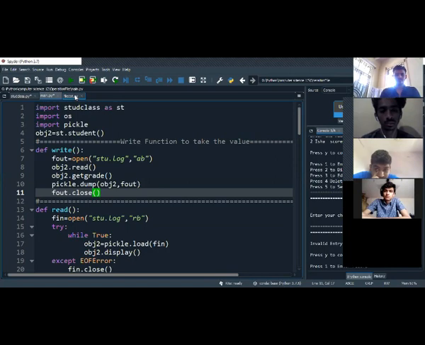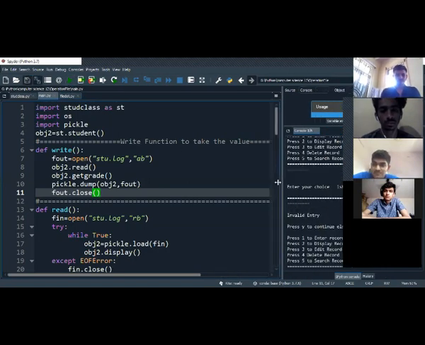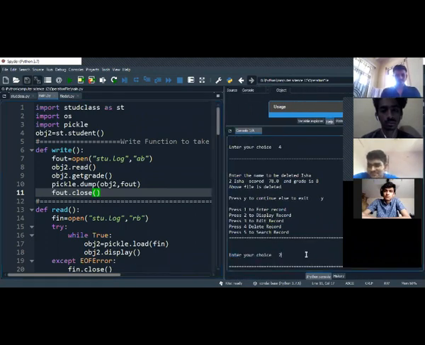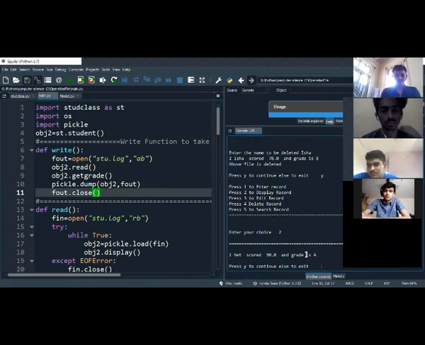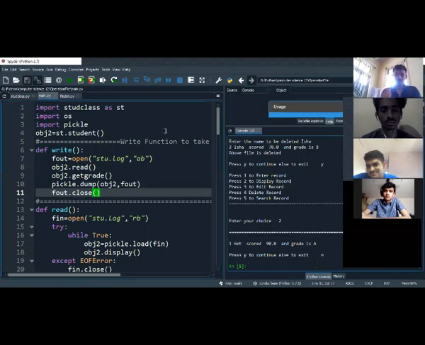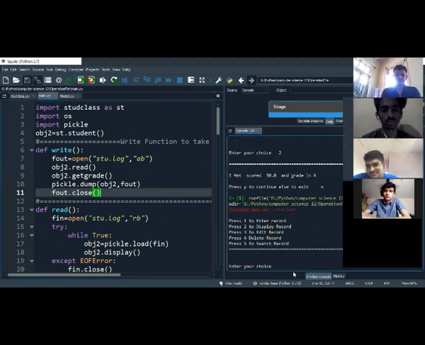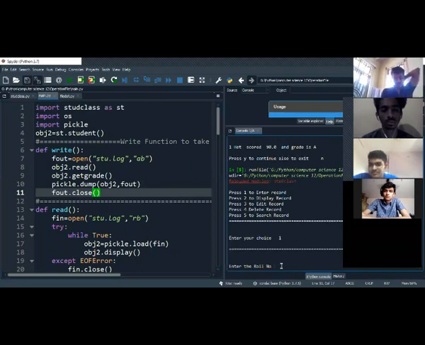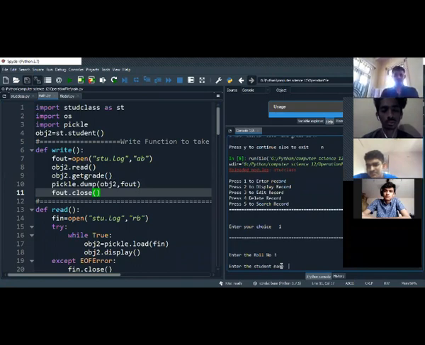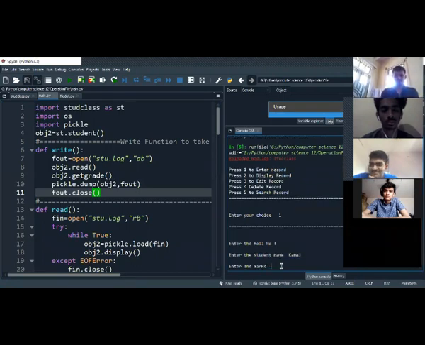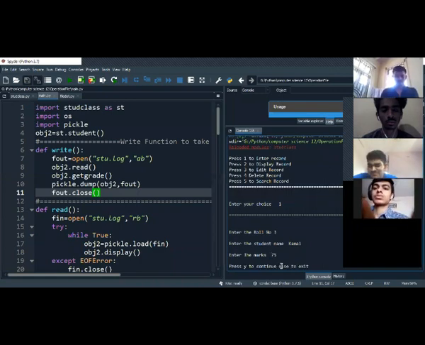So let us run and use this one. Just now I showed you this one. Let me run this one. Okay, I have not exited. Now when I run this one, first this is my enter. So I'm entering the value 3, let us write Kamal, 75.